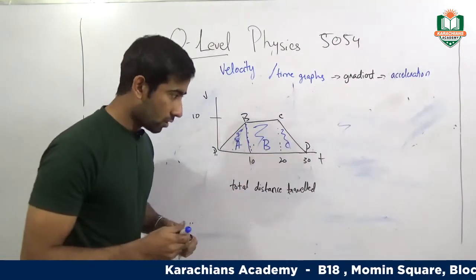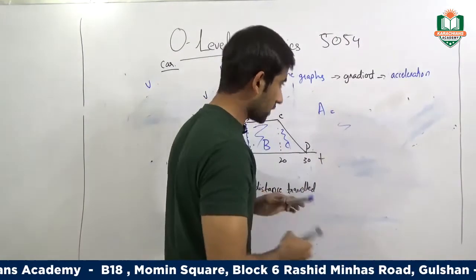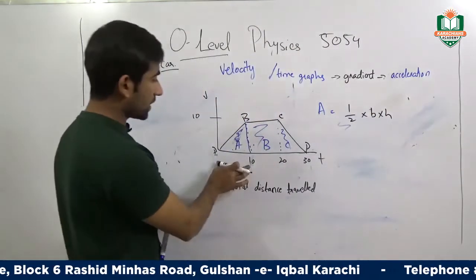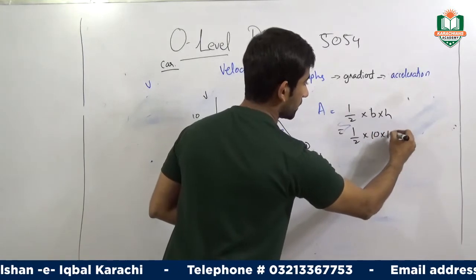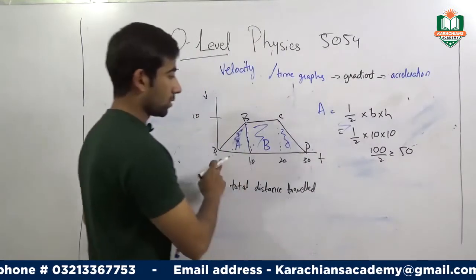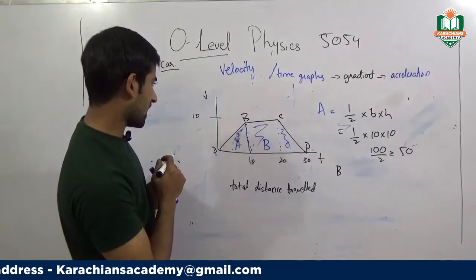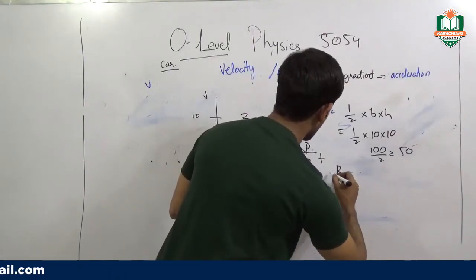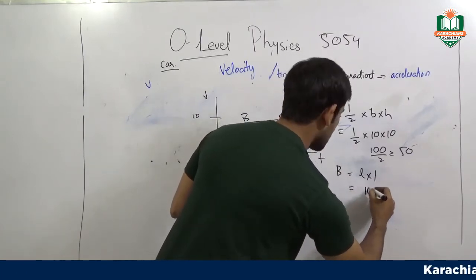Let's say for the A area, it is a triangle, and the area of triangle is 1/2 into base into height. In this case, base is 10, height is 10, so it will be 1/2 into 10 multiplied by 10, 50 meters. For B to C, we see that it's a square in this case. So for the square, the area formula is length into length, and it will be 10 multiplied by 10,